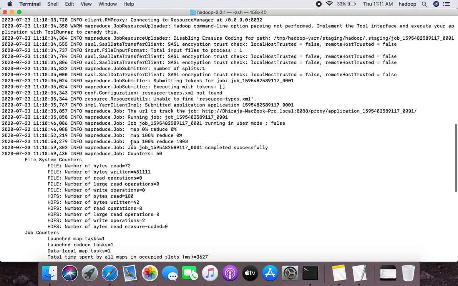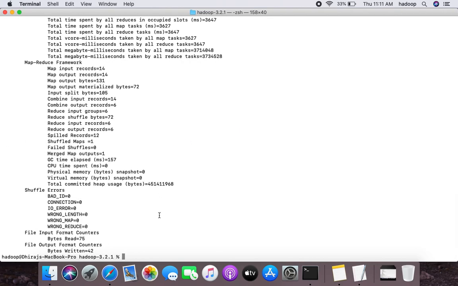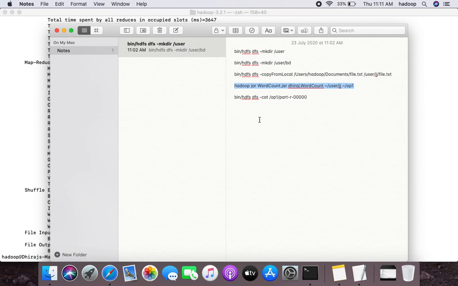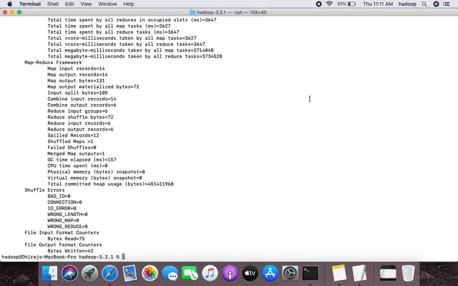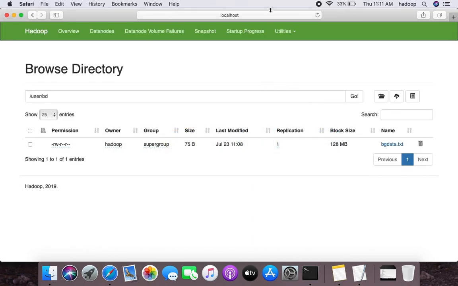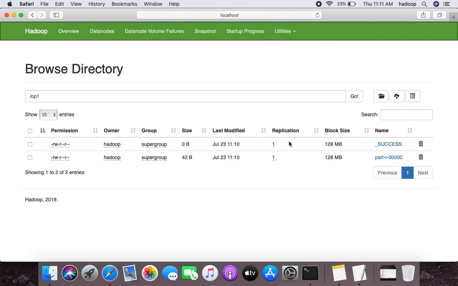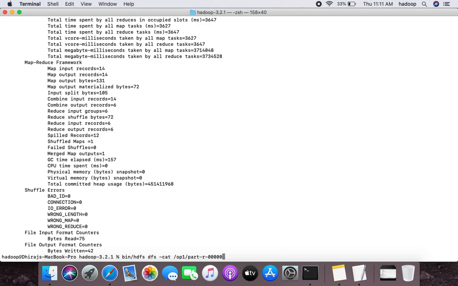So here you can see this is done. So we need to get the output. So the command for the output is, and in the local server also you can check that we have our output folder. Like if I do over here, this op1, right? So we need to get output from this one. So the command for this is, yeah,